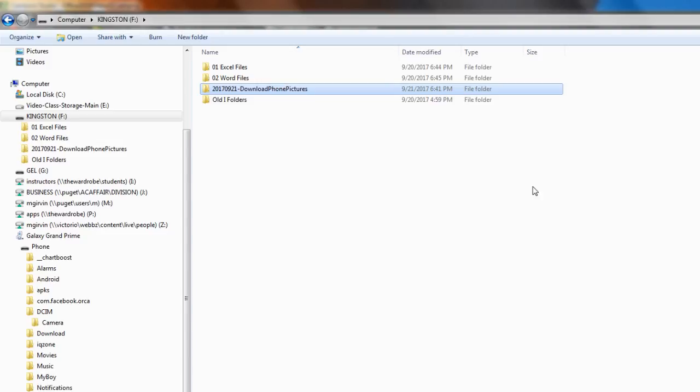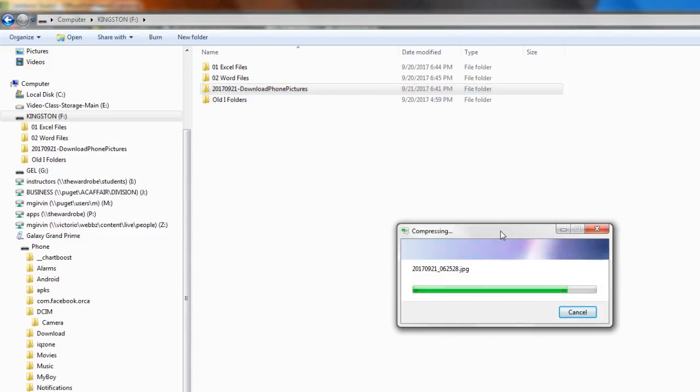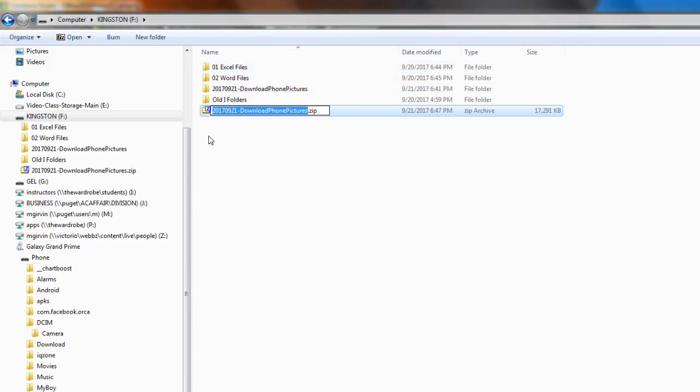So I'm going to click that, and sure enough, it's doing its job. It's going to create a whole separate zipped folder. And there it is. There's the icon Z for zipped, and there's the extension zip. So I hit Enter. Now we can open our email and attach this, or just put this on some drive, and it will have a much smaller size. Now, if you want to unzip,